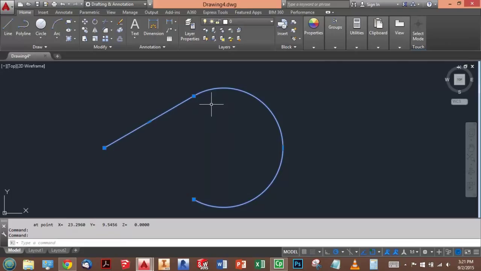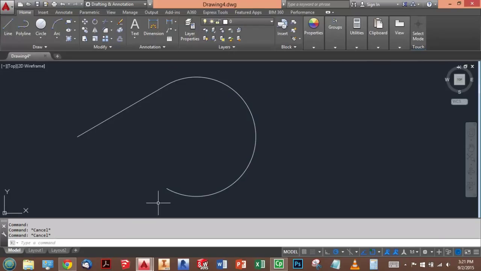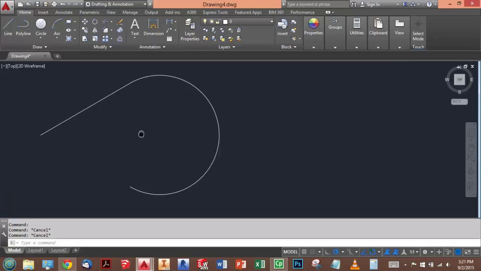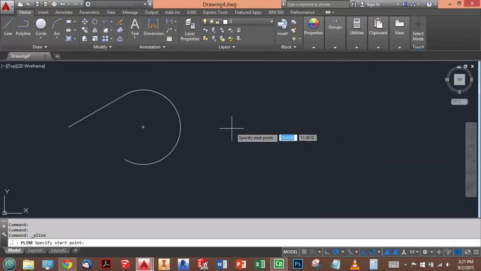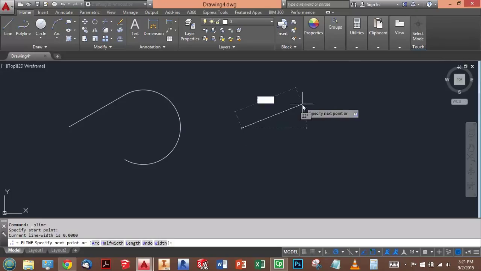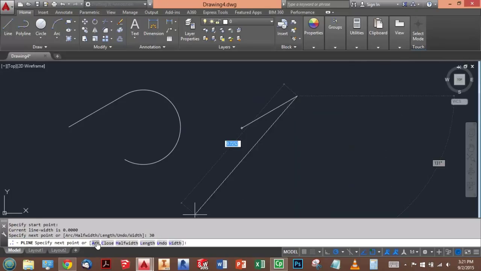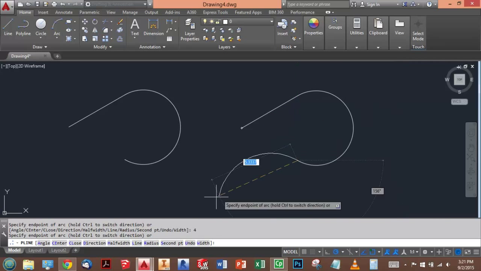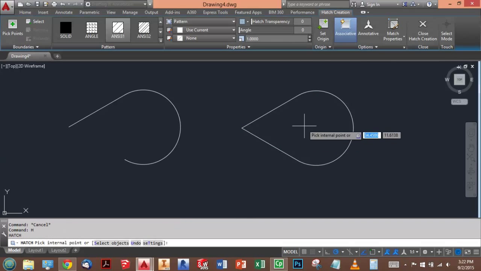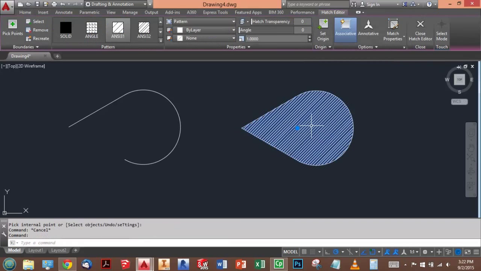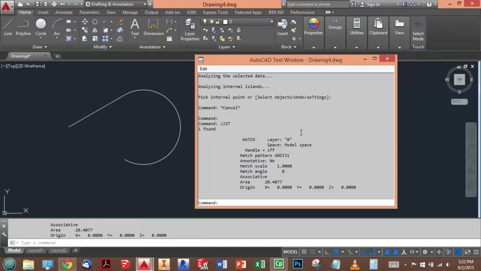Okay, and then to finish the question, they tell you to take these two and use pedit, or the polyline edit command, and join them together, and then close the shape and tell them the area of the inside. So if you don't know how to use pedit, you could also just redraw the shape and close it and hatch it in. So remember, you don't always have to do this exactly the way they're telling you to. So if you don't know how to use pedit, here's another way you could do it. Pick your start point, go 4 at 30 degrees, switch to an arc, go down 4, switch back to a line, close the shape, hatch it in,